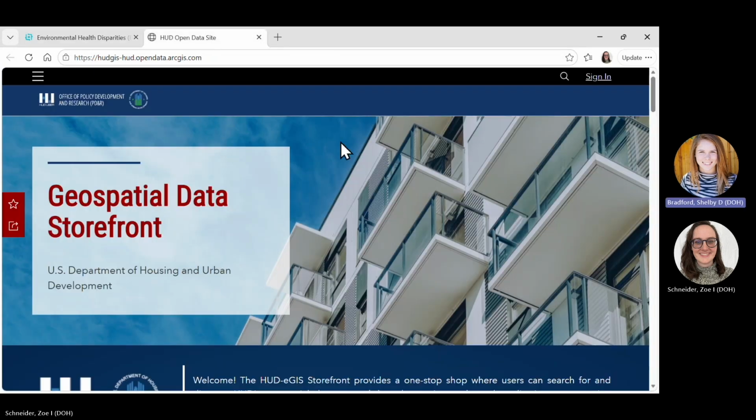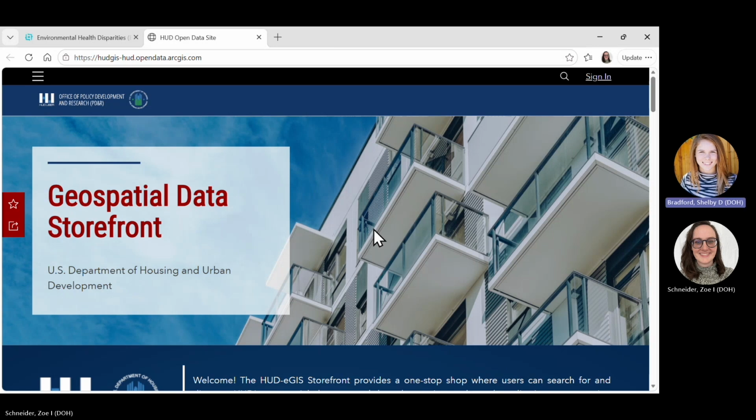As an example, I'll use the U.S. Department of Housing and Urban Development's Open Data Portal. This site contains many data sets. Let's imagine a Department of Commerce staff person in the Housing Division wants to understand where housing choice vouchers are located. This program is important because it helps vulnerable populations access financial assistance for housing. We can combine this information with the EHD map to better understand conditions in these communities.